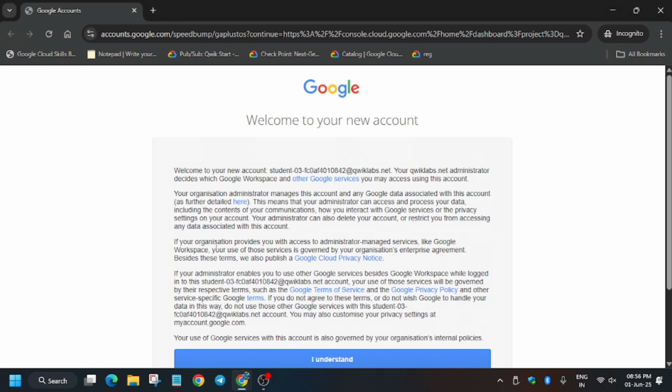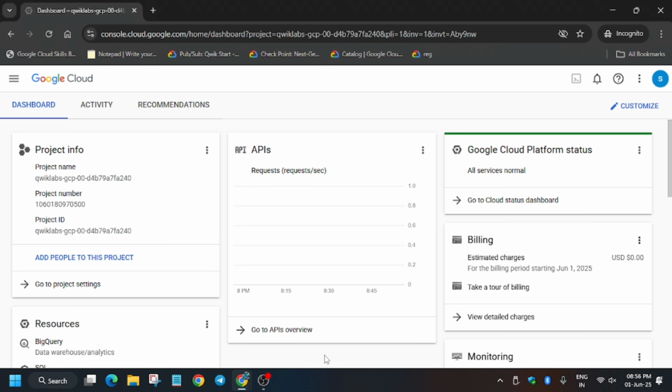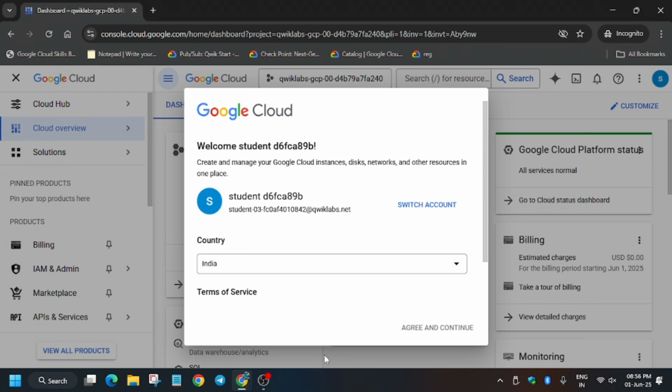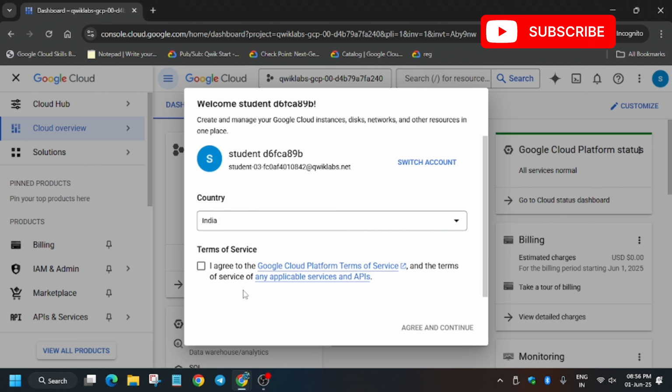Now open the Cloud Console incognito window. Now here if it asks for username and password, check the lab for it. In my case it's signing in automatically. So let's move ahead. Now click on I understand. So now here you have to scroll and click on I agree and then select agree and continue. So let me show you how you can do it. So click on I agree